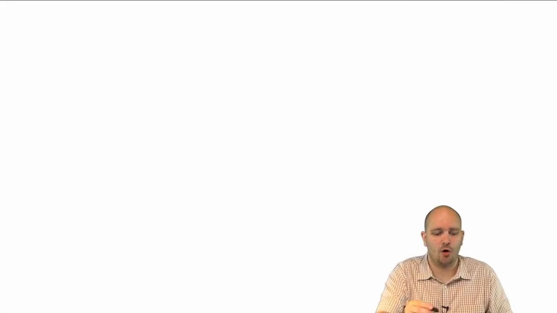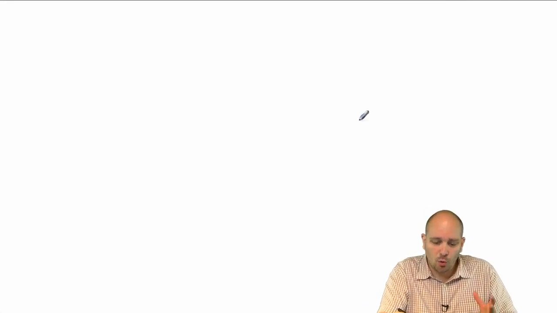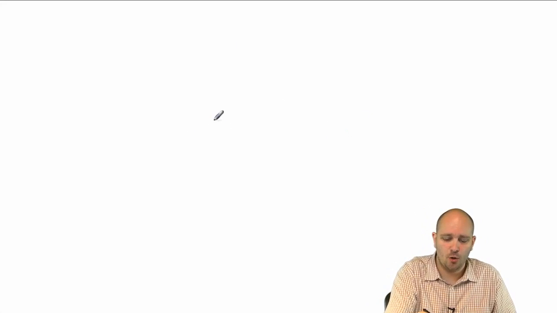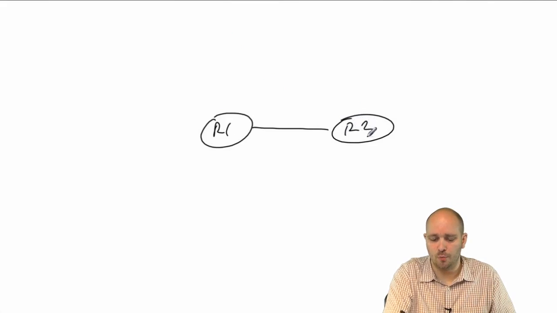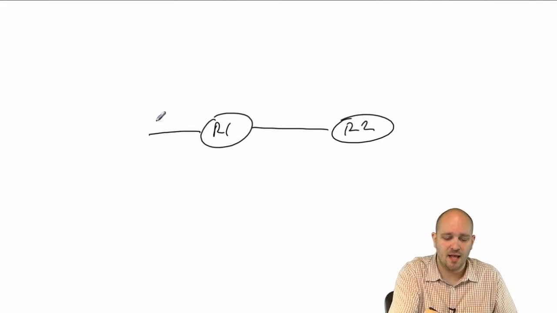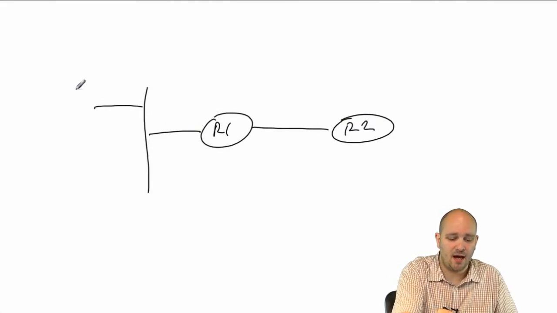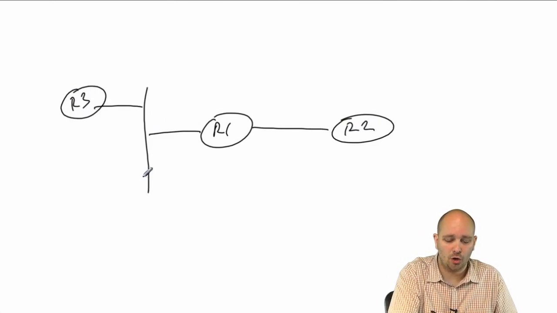Let's expand our example a little bit. So what we have so far is we have R1 and R2. Let's add R3 and R4 to the mix. And R3 and R4 are going to be on a shared segment with R1. So what I'm going to have here is